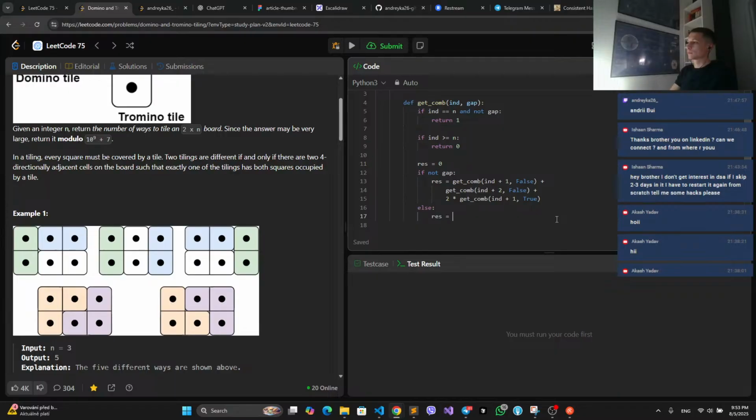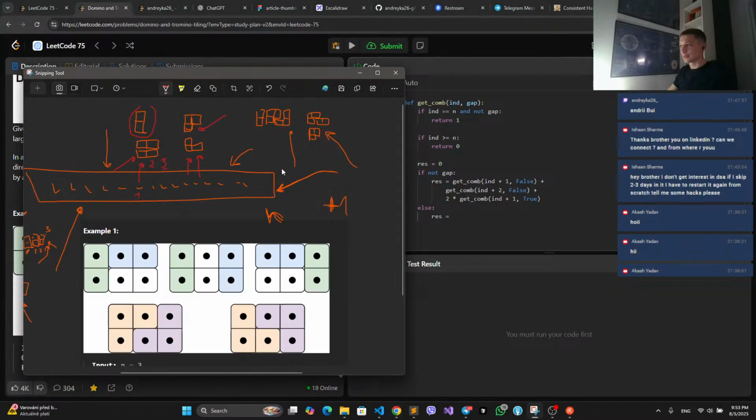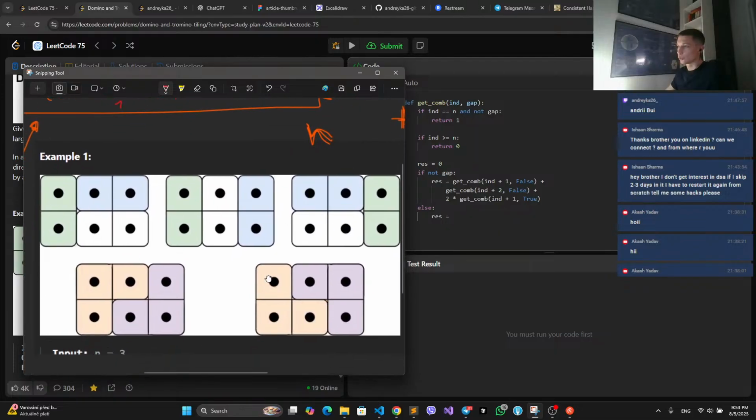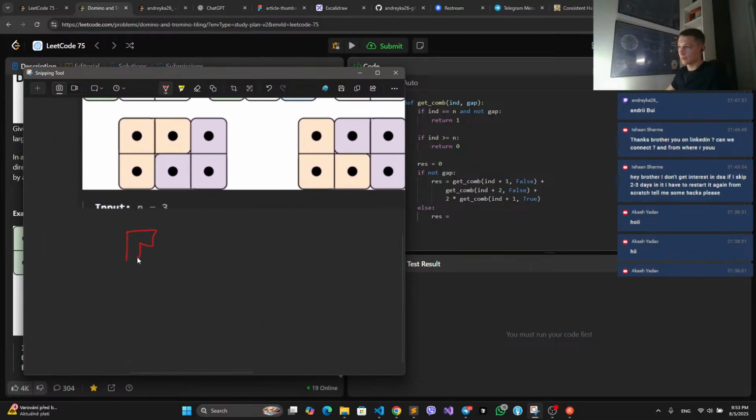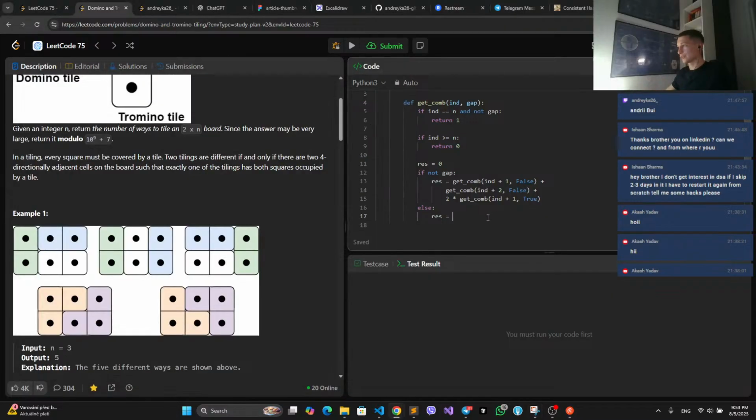Else, what if we are already at the stage where we have a gap at the current index? Well, in this case, again, we have two choices. Let's say we are at this gap. We can spawn and choose a tile of type 2, which will lead us to index plus 2, because this is I plus 1 and this is I plus 2. So we're going to go here with no gap. So let's express this: it is get combination index plus 2 and gap false,